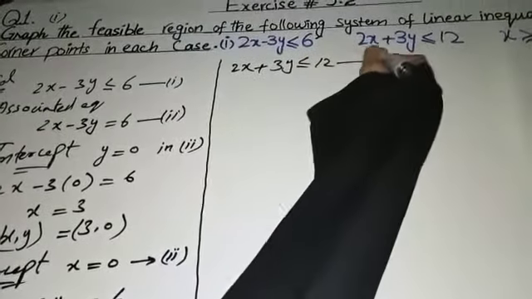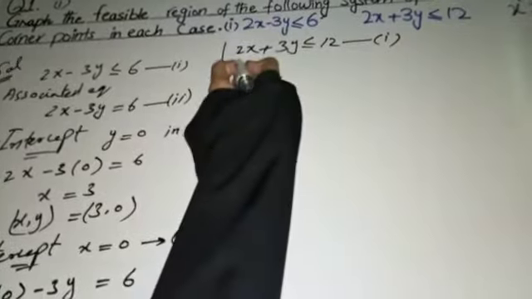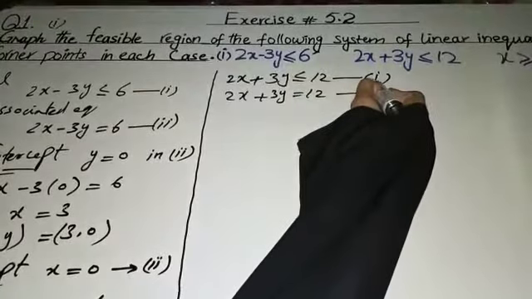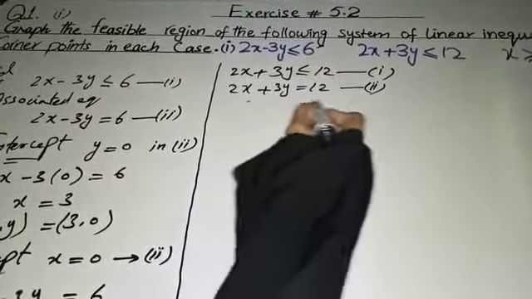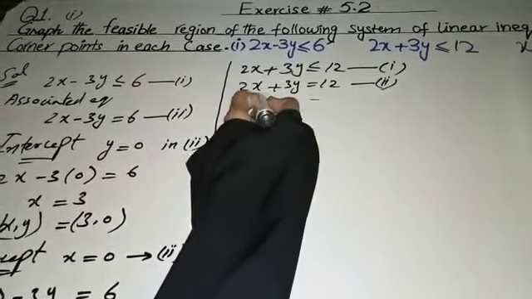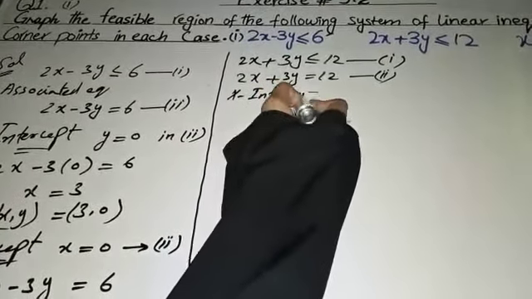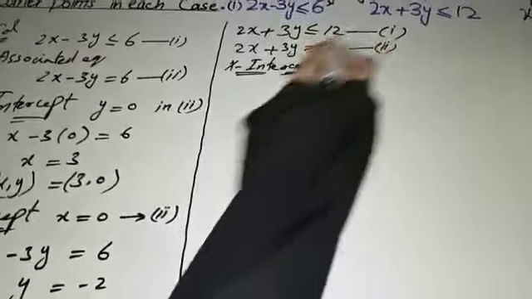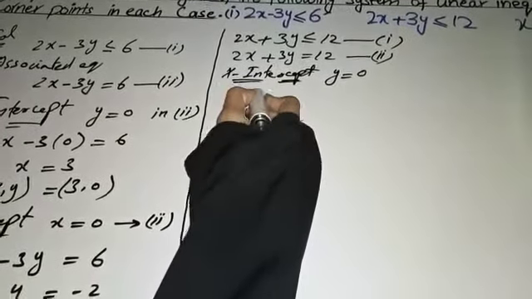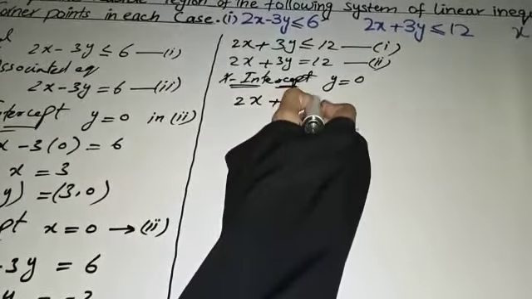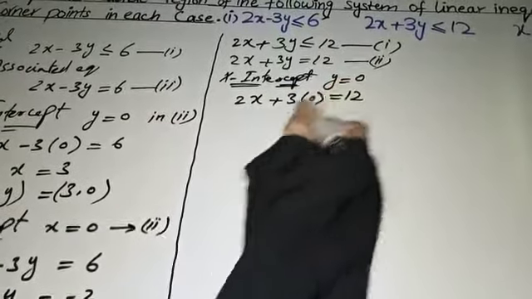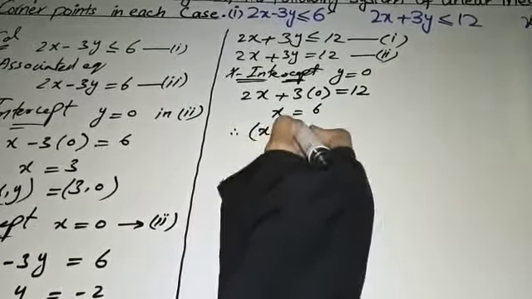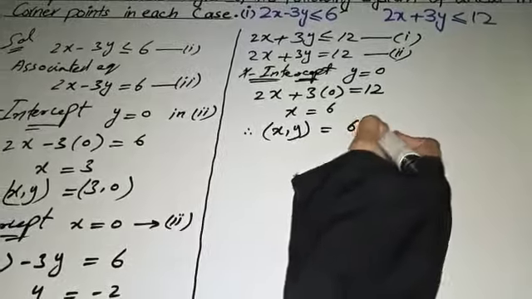Now I am solving the second linear inequality expression, that is 2x plus 3y is less than or equal to 12. Number 1, its associated equation 2x plus 3y is equal to 12. I have written the associated equation directly. Now calculate the x-intercept. To calculate the x-intercept, again same steps. Put the value of y is equal to 0 in the second given expression, that is 2x plus 3 in place of y 0 is equal to 12. So the value of x is 6 here. Hence, this is a point having value 6 and 0.